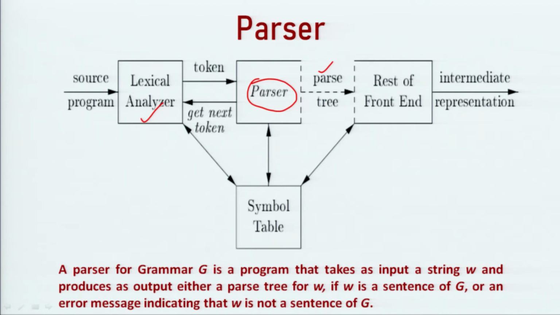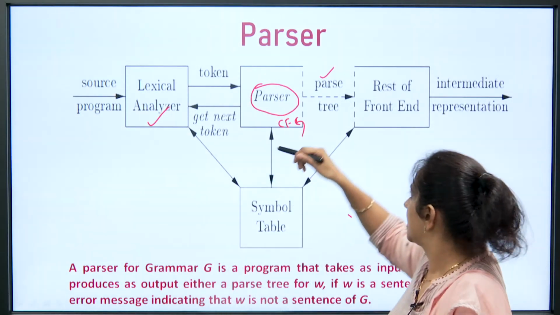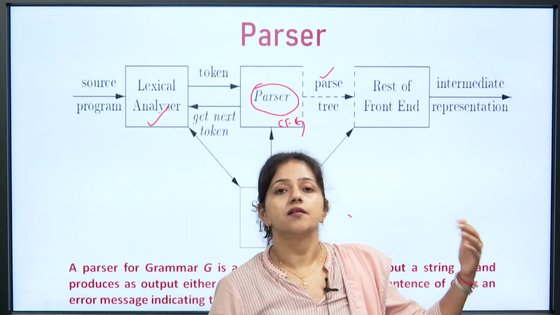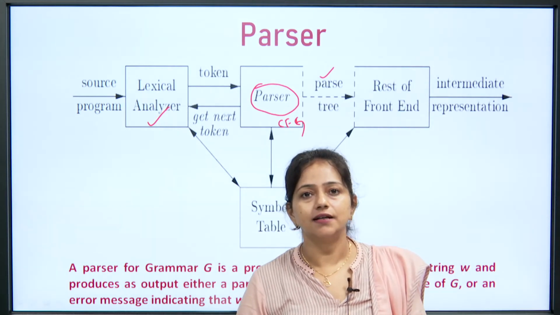It will check whether the grouping of tokens is grammatically correct or not. For checking it inside the parser, it will be using the grammars. For most programming languages, context free grammar is sufficient. Suppose it is having context free grammar and accepting device PDA inside it, and using the grammar it will produce the parse tree, and that will be input to the remaining phases of the compiler, which will produce the intermediate representation, and finally the synthesis phase will be producing the final target code.